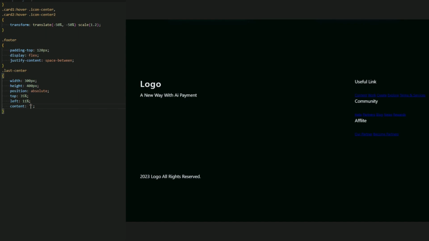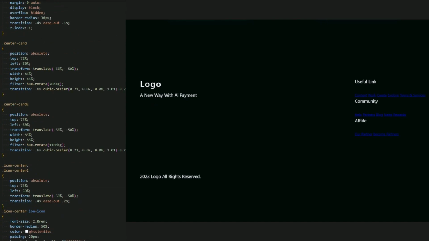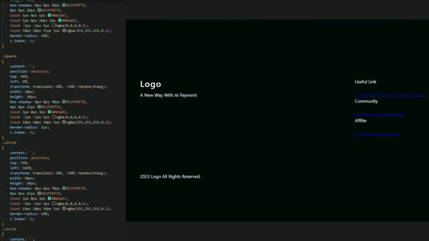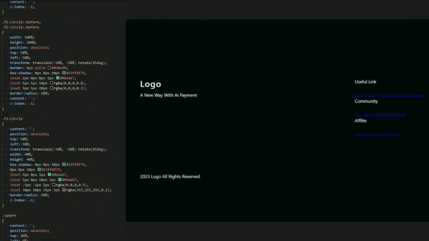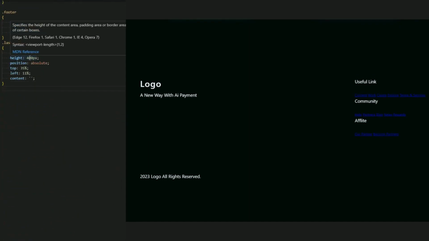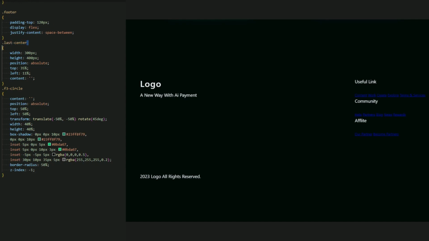And I want to add this circle. So let me again just copy the circle. Let me just find it, guys. I'm sorry. Okay, this is a circle, I think. Okay, just copy and paste it here for this last center, because I want to add a circle inside it.